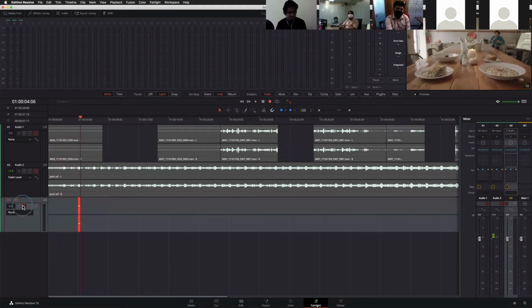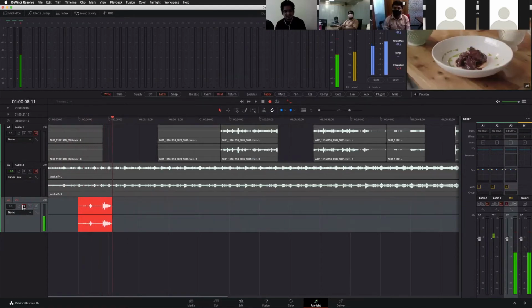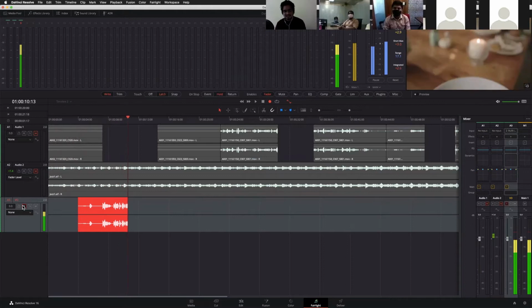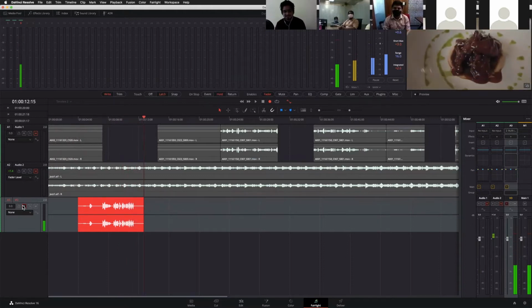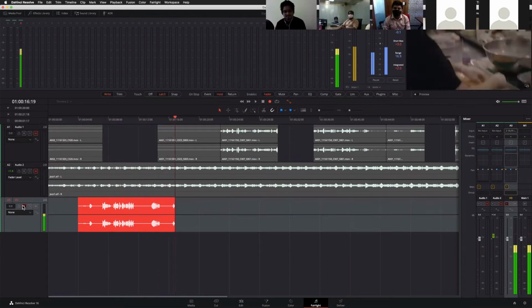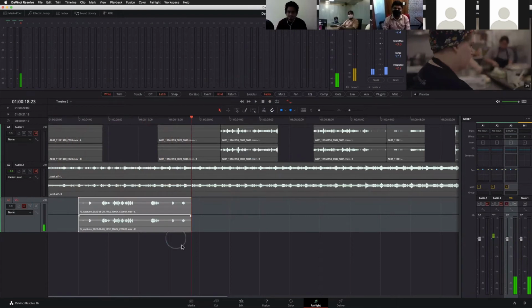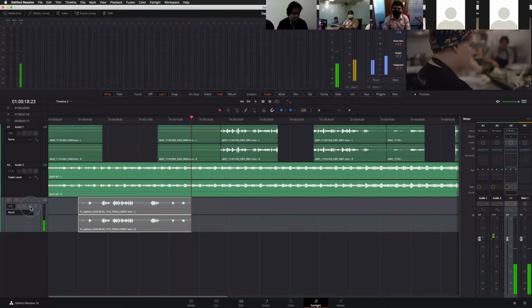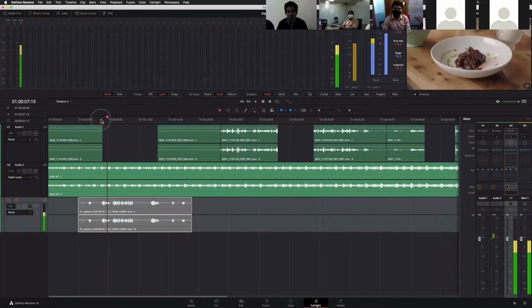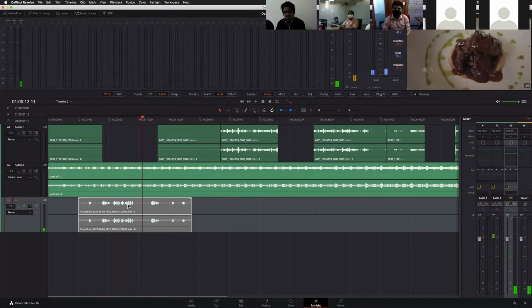Now, can you see the audio waveforms on the particular track? See the audio waveform shape. Just solo. You can see the audio waveforms on the particular track, and you can do whatever necessary things.